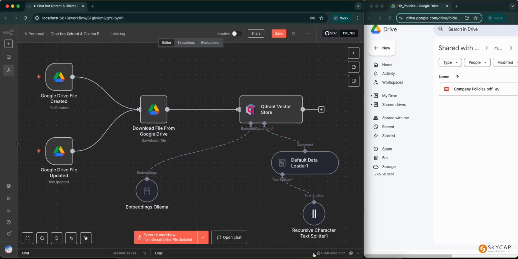Let's walk through the workflow I've created in n8n. This workflow is triggered by the Google Drive Create or Update node, which runs daily to check for new or updated files. Once a file is detected, it's downloaded and passed into the Qdrant vector store. The workflow automatically splits the file into chunks, generates embeddings for those chunks, and stores the embedded data into Qdrant